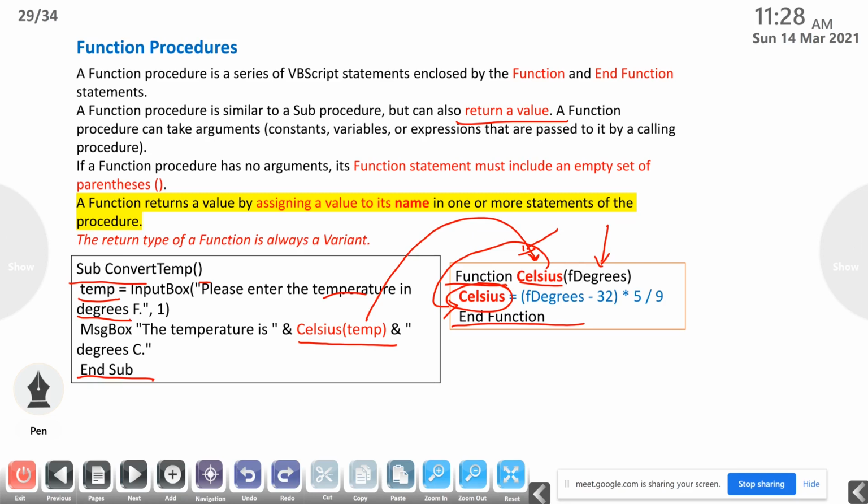For returning the value, the result, we use the same function name equal to, then we can use the statement, and that result will be returned back to this calling function. So this is the way that we can declare a function procedure and return the value from a function procedure.